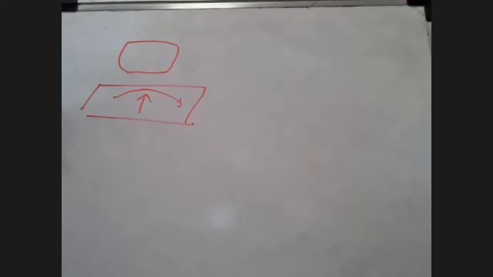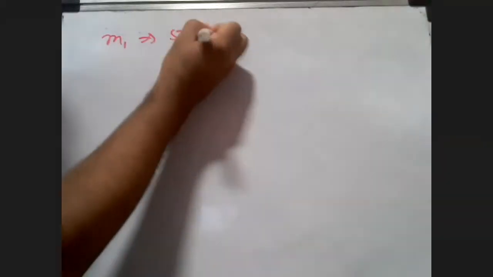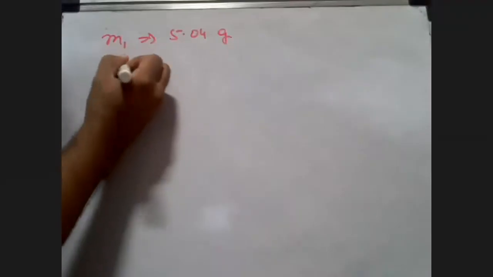So look here, students. First, you have to understand when this type of question is given to you. First write down the number of times this has been measured. Let's say it was mass, so we'll write M1. M1 is going to be 5.04 grams. Okay, correct. M2 was given as 5.06 grams.